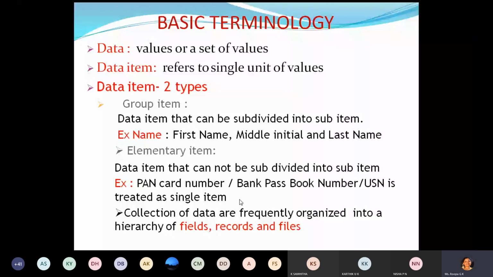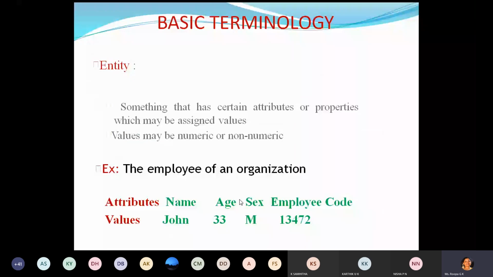Some other basic terminologies, for example, entity. It is a special word, right? Entity is something that has certain attributes or properties which may be assigned values. For example, consider gender as an entity.